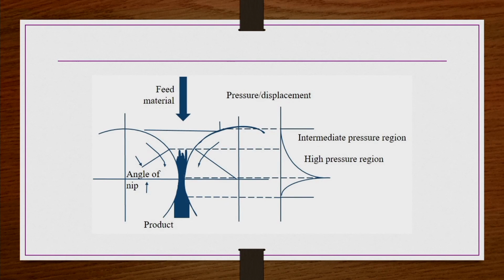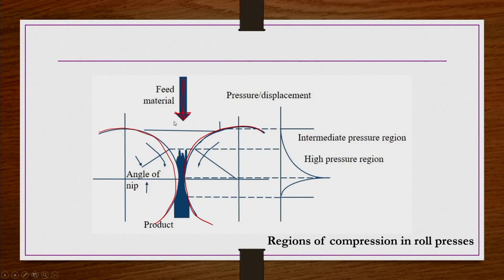So typically pressure compression, if you see, by using roll presses, these are the two rolls, this is one roll and this is the other roll. The feed material, either pure dry solids or dry fine powders, are mixed with binders, individually or together, as per the requirement of the application. They come between these two rolls, which are rotating in the same direction.